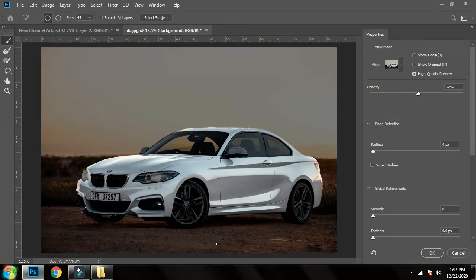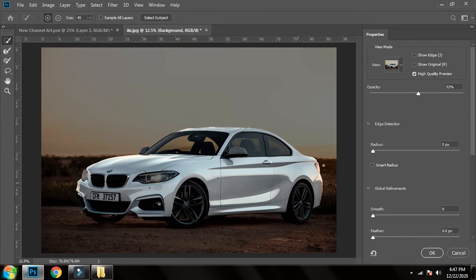So here you can see I have made the selection. The selection on these parts of the car is perfect, on the bottom, on the back side, and on the front side. But on the top, as you can see, it's kind of combining with the sky. The sky is reflecting on the car. It's difficult to make a difference between them. So I will keep these harsh edges for now, but I will show you how you can adjust it later.